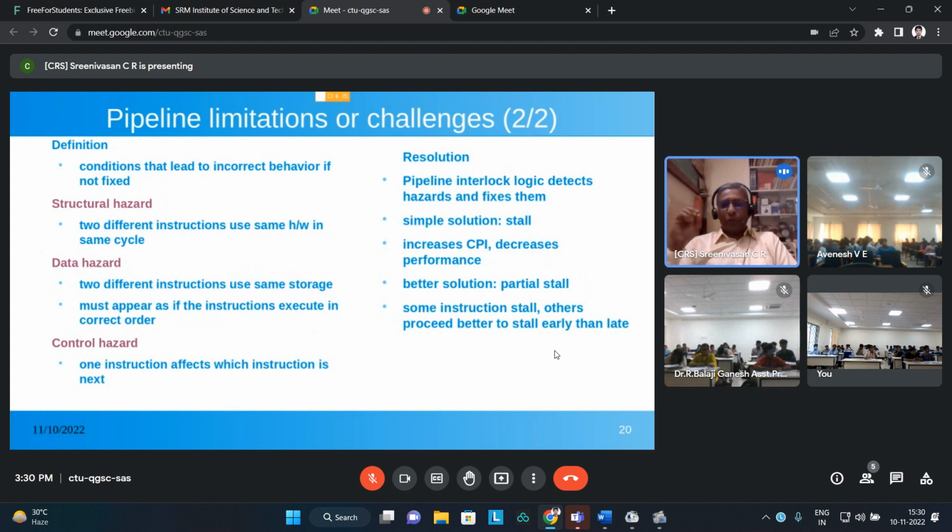So if I have to put this in very simple terms, what do these structural, data and control hazards mean, and what are all the resolutions that we can have? It's a condition that leads to incorrect behavior, in simple terms. So incorrect behavior of the processor, the incorrect way in which we are trying to ask the microprocessor to execute using the principle of pipelining, right? So the structural hazard,